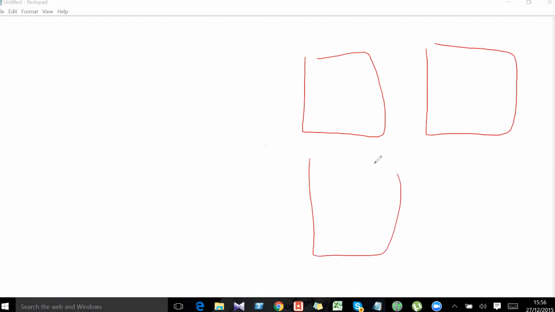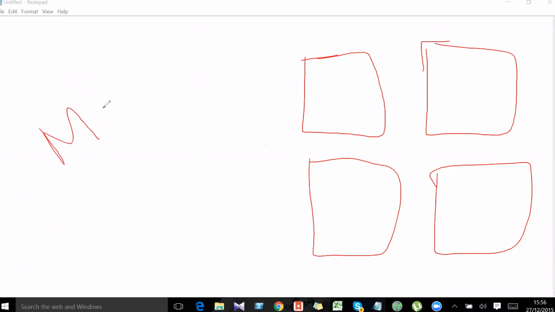Now, if you want to understand the drawback, again, I'm drawing 4 data nodes. Imagine Hadoop 1. In Hadoop 1, the problem was that whatever you do with the cluster, everything had to be